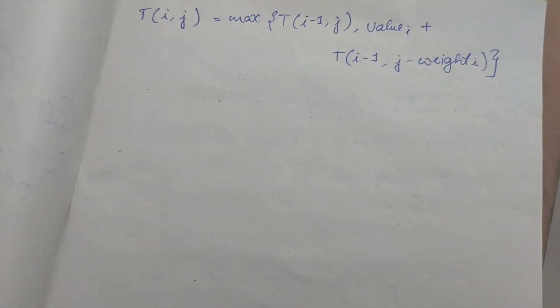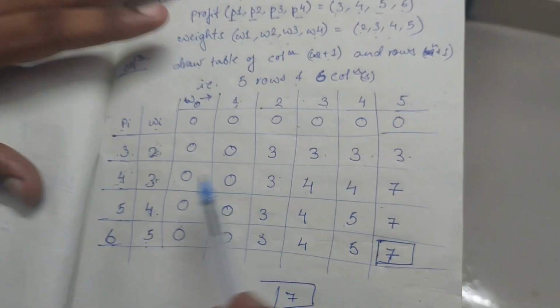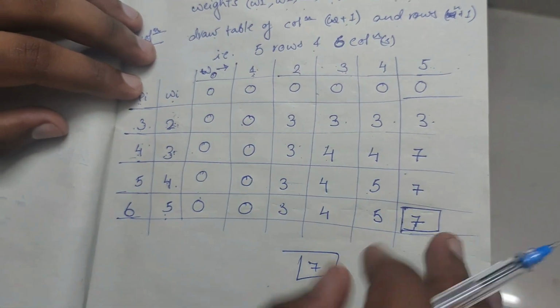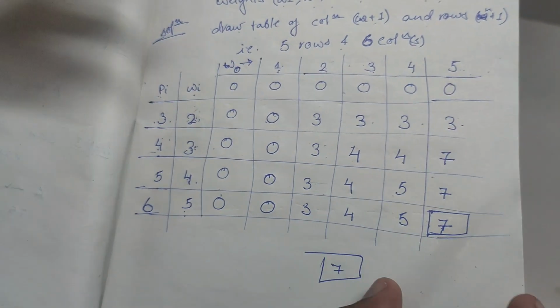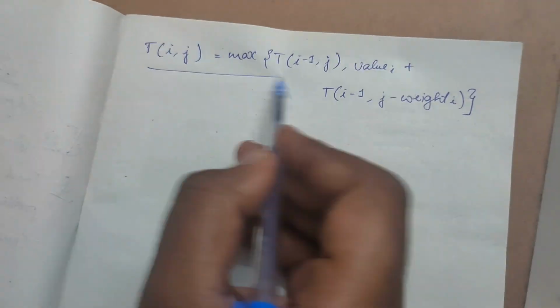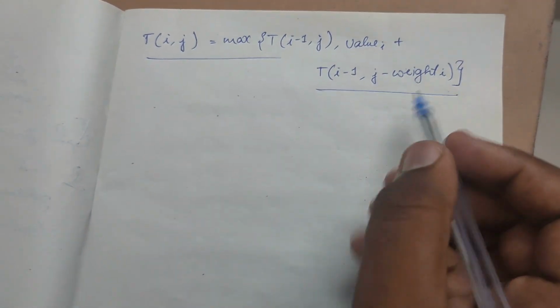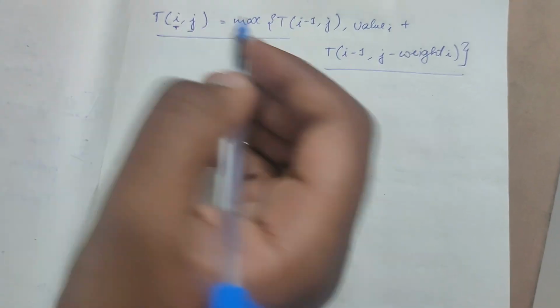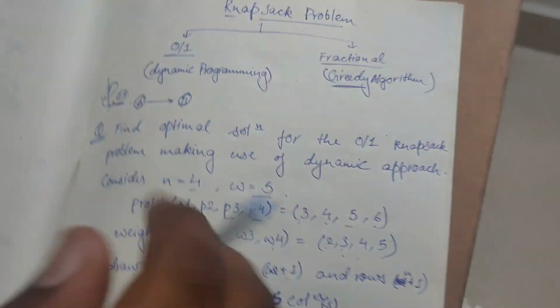So here you have one formula. Until now, what we did was I told you in normal language how to write these numbers. But to write it this way, you have one formula, which is this. This is the formula. You can mug it up, and I is nothing but rows and J is nothing but columns. So just as a formality, you can substitute those values and write. Whatever value we got when writing normally, write that value here.